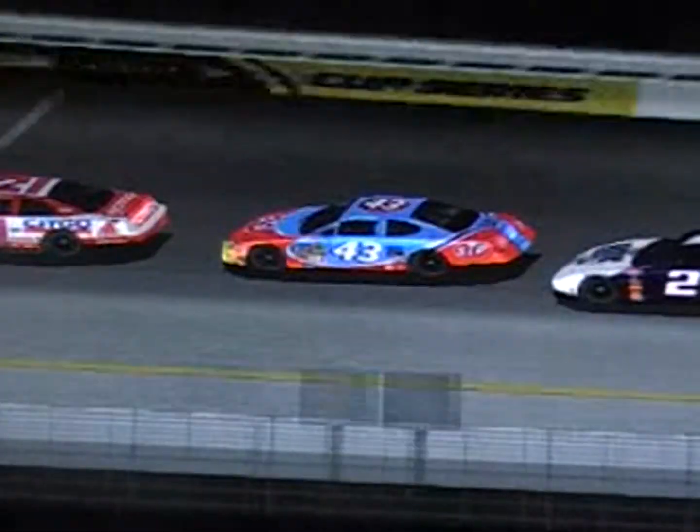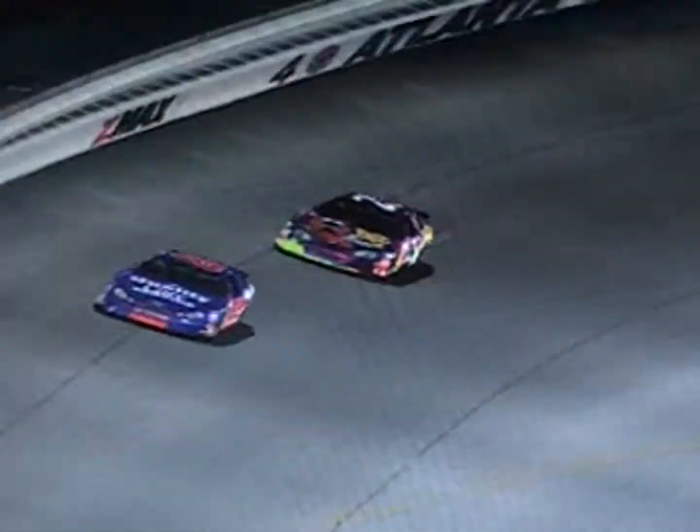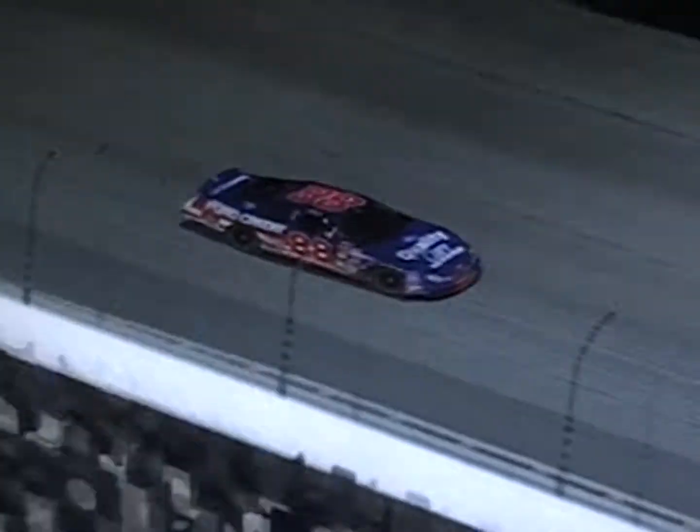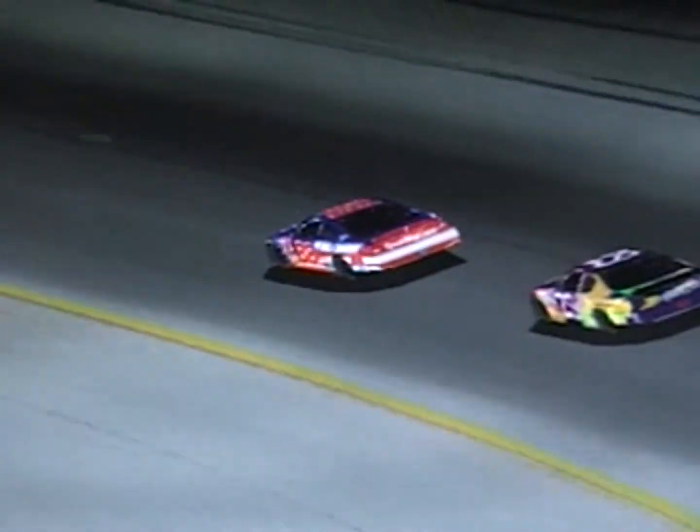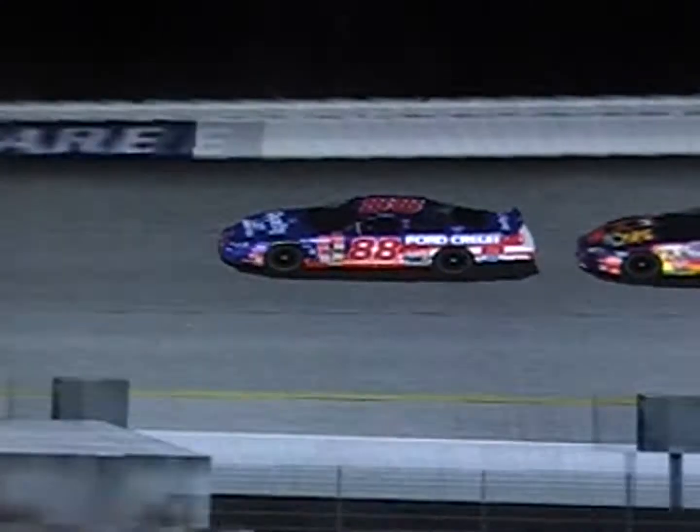This is going to be a battle for the win here at Atlanta. Who has the lead? It looks like it's going to be Tyler Batson. Yes! 3 laps to go, and it looks like Tyler Batson's going to take the Napa Know-How 500. There's not enough laps, I believe, to finish the race under green, so...